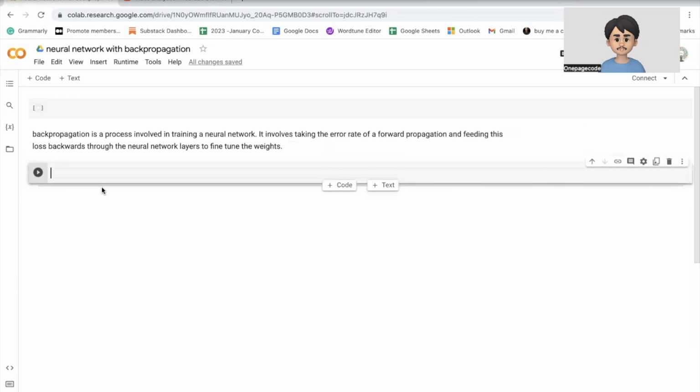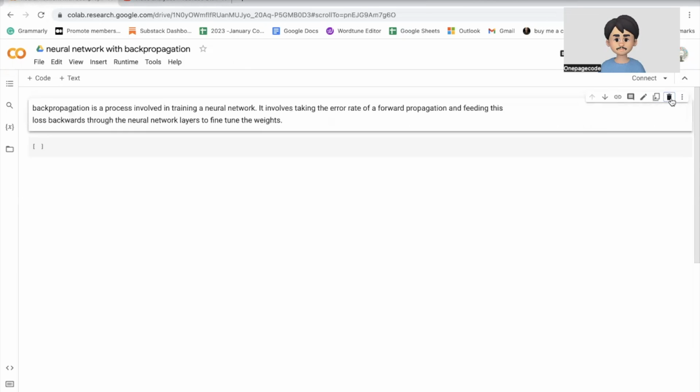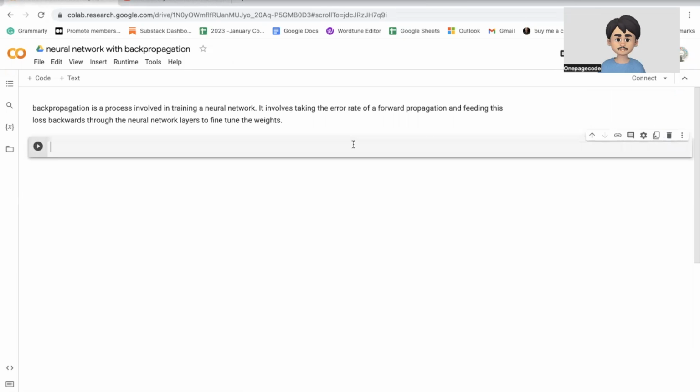And I'm going to complete the whole code in Google Colab and it will be written in Python 3. And if you want to download the source code with all of the explanations and comments, then check the link